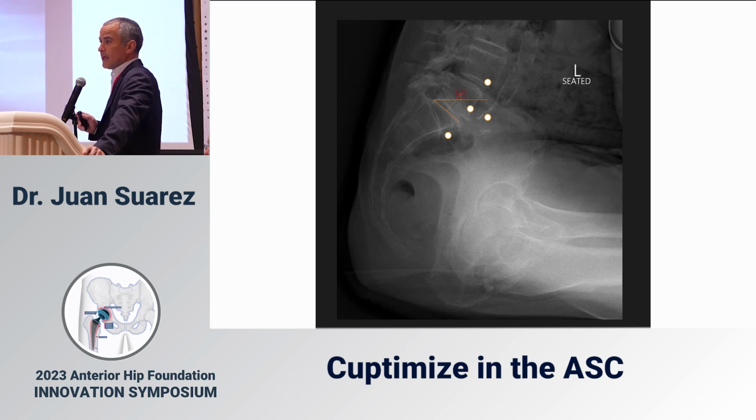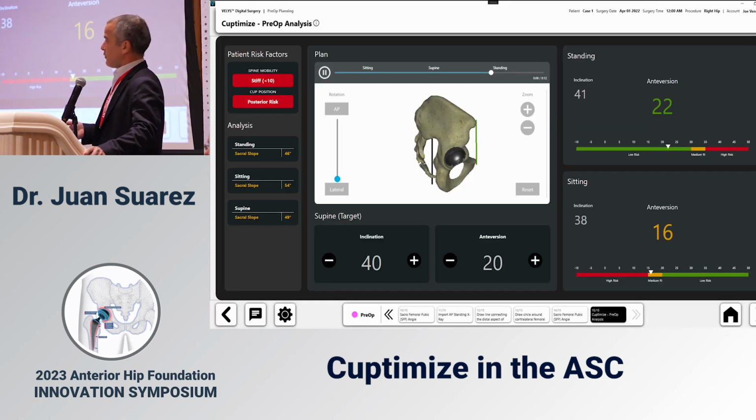That's all you do. It literally takes less than 30 seconds to do, and it's done by the rep before surgery. And then it'll give you this information, and this is for this specific patient: if you put this cup at 40/20 in the supine pelvic tilt, this is where it's going to be standing and sitting. So you can see that this patient, when he sits, he actually rolls forward and loses anteversion of the